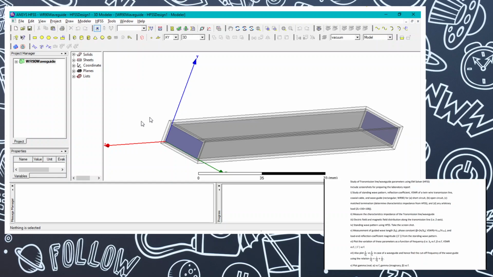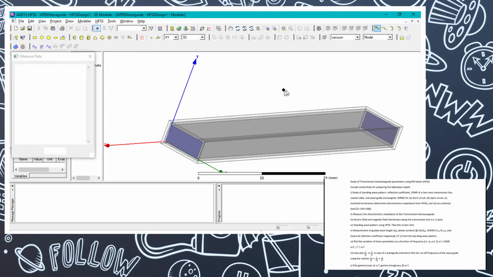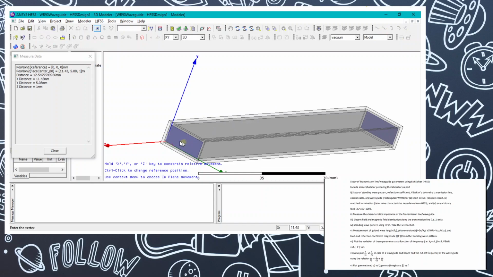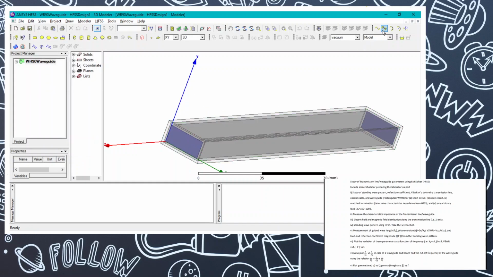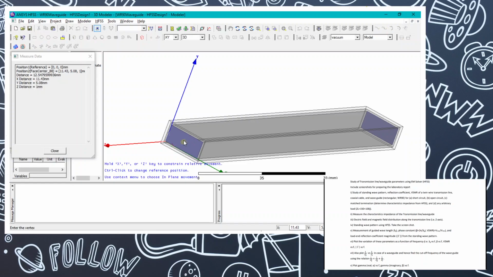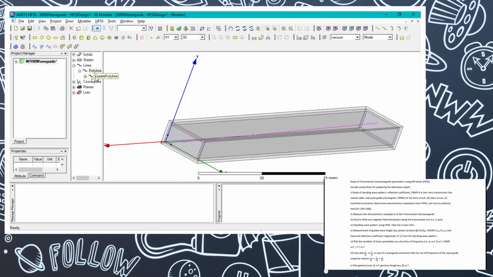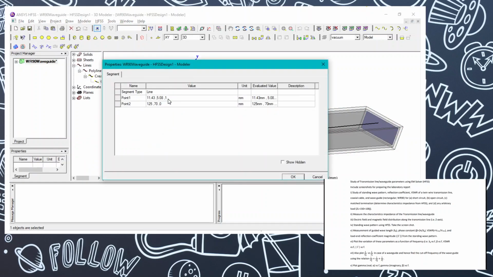So for that, in this case, we need a line along which we are going to measure the different parameters, and I'm going to draw this arbitrarily at first. After drawing, what we need to do is click on this and adjust these parameters accordingly.